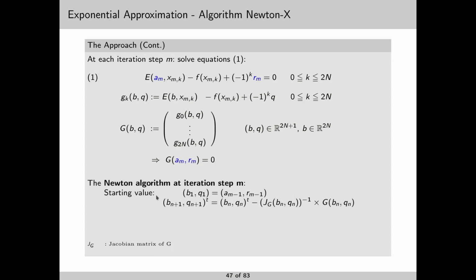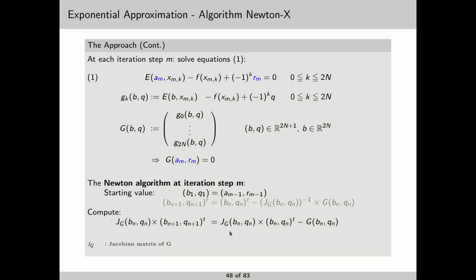This is the formal definition of the Newton iteration to be performed at step m. The iteration starts with this value, and this is the iteration formula, which is executed in practical computations in this form,